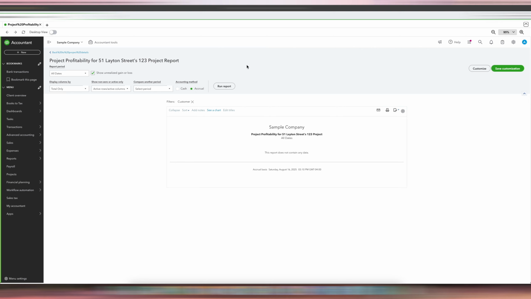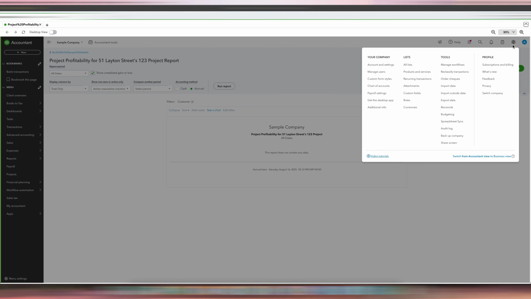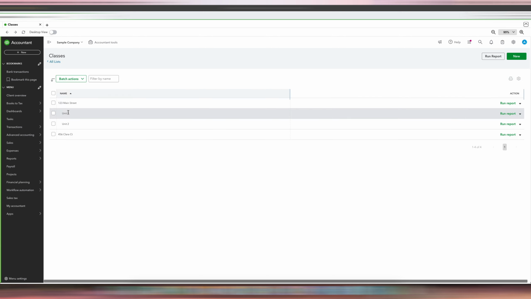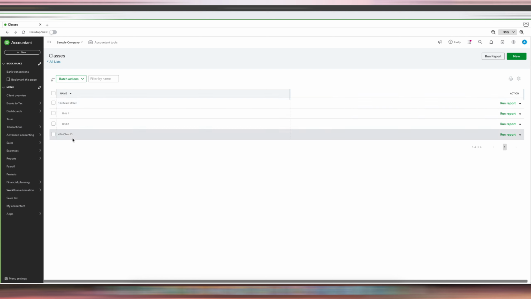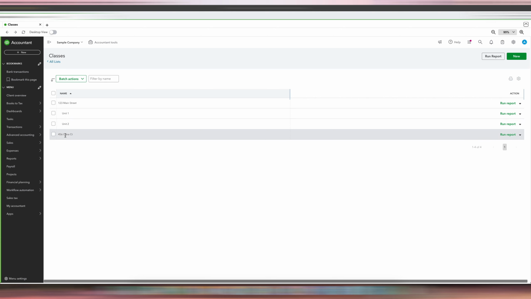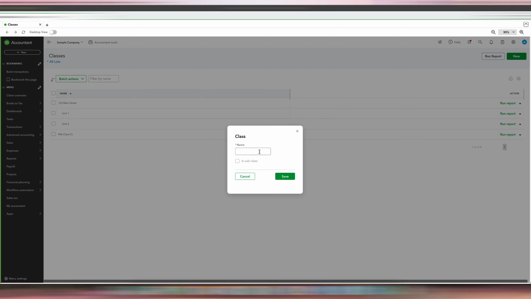And next, I'm going to show you how to actually make classes. So go to Settings, go to All Lists, and then once you're here, go to Classes. You can see I have 2 properties set up. One is the Main Street property and one is the Clara Court property. And the Main Street property has Unit 1 and Unit 2, and Clara Court, let's say, is a single family home. So if we want to create a new property, let's say